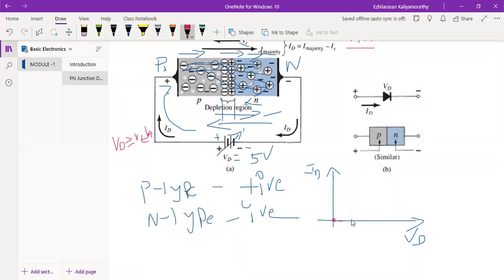So now automatically I can say here, for example, this will be 0.7 volt. Until here, this will be 0. Next 0.8, 0.9. As the diode voltage increases, the amount of flow of current also increases. So we'll get a graph like this. As VD increases, the current also increases. The ID is in terms of milliampere.